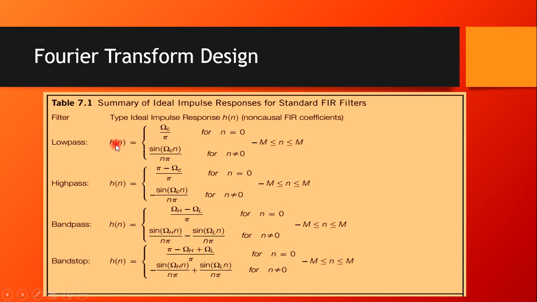We have seen that when n is equal to 0, h of 0 will be omega c over pi in case of low pass, and in case of high pass it will be pi minus omega c over pi, because last time we've seen that the high pass filter is all pass minus low pass, meaning 1 minus the response of low pass. So it will be like this one. Similarly,